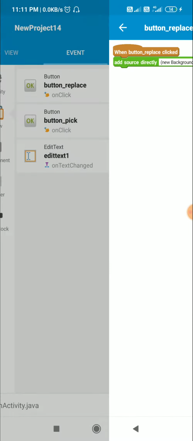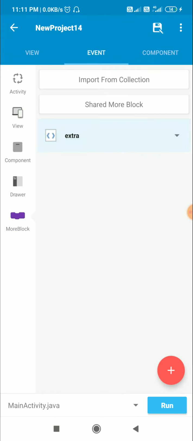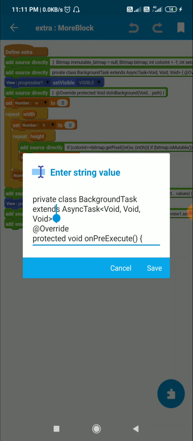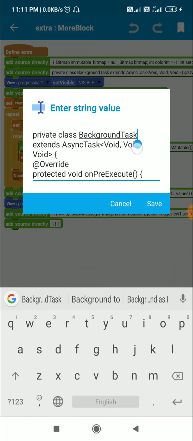Now let's see what this task is. Here in this more block extra, I have defined this private class BackgroundTask extends AsyncTask<Void, Void, Void>. So this means that this is an async task with the name BackgroundTask. BackgroundTask is just a name, and this is an async task.